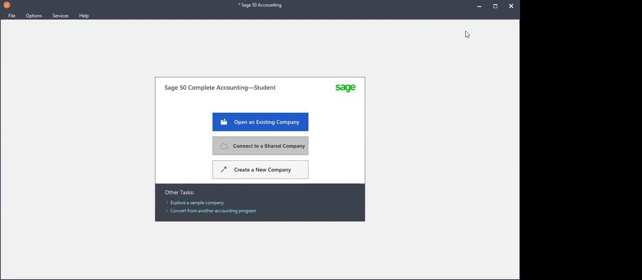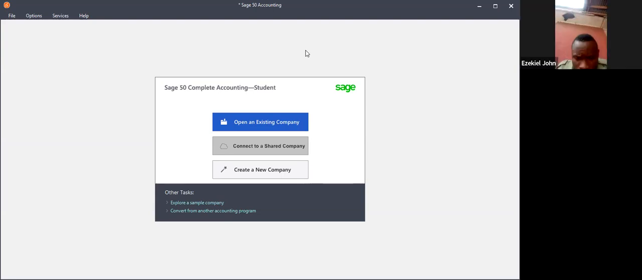Okay, no problem. Now, I hope you've launched your Sage. When you launch your Sage, you're going to have this as the entry point. Here, you have access to the previous accounting that you have on your computer, or you can open a new account, a new company. Assuming you have more than one company on your system,